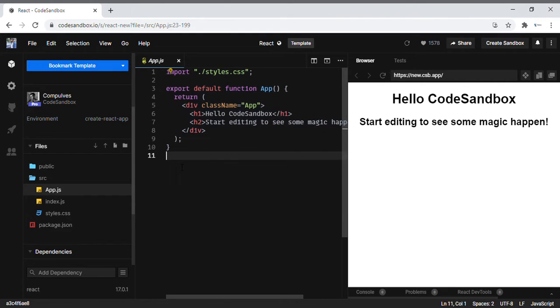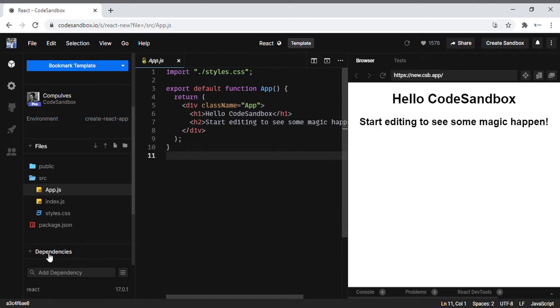So I have opened the code sandbox. Now I am going to code and explain how to create a functional component. What I suggest is that you also code along with me throughout the session, so that this will be good practice for you while you are learning React JS.